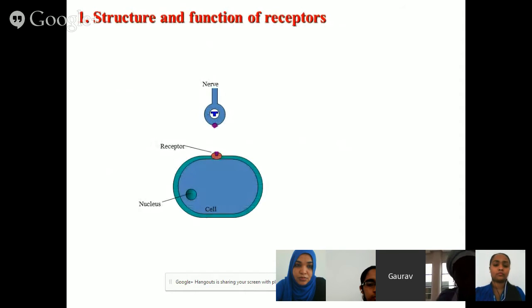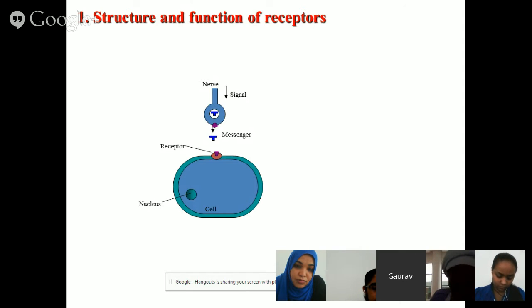Under structure and function of receptors, you can see here in a figure there is a cell, and above the cell there is a nerve. Between the nerve and the cell, this small gap is there. That gap is called a synapse. So in a nerve,